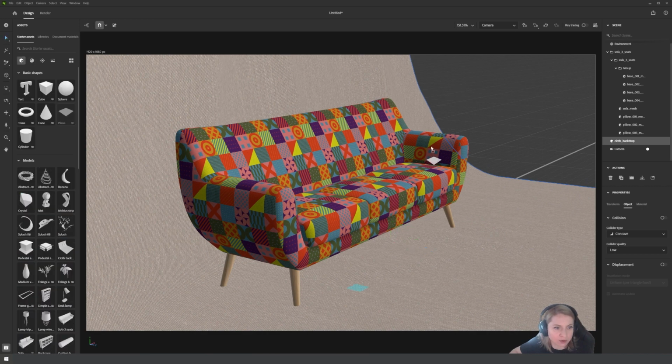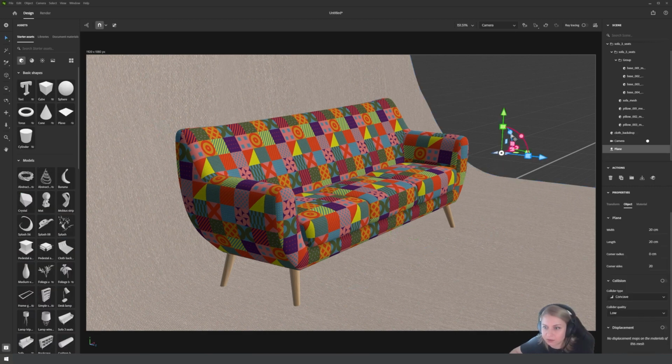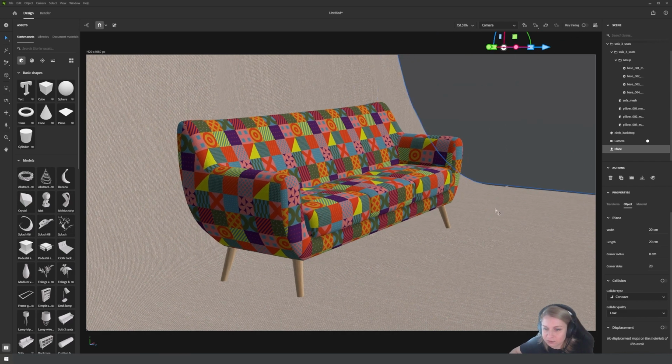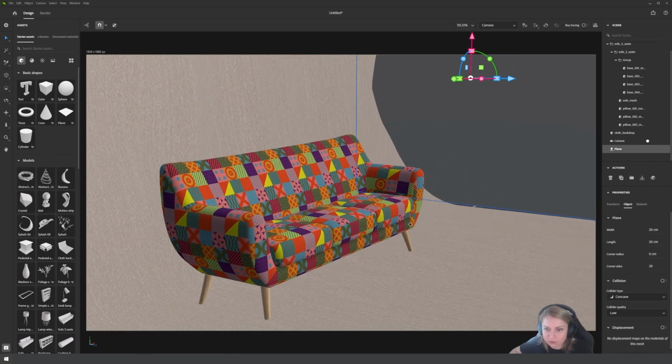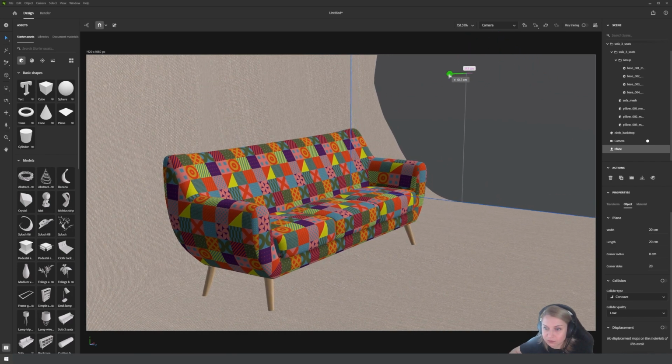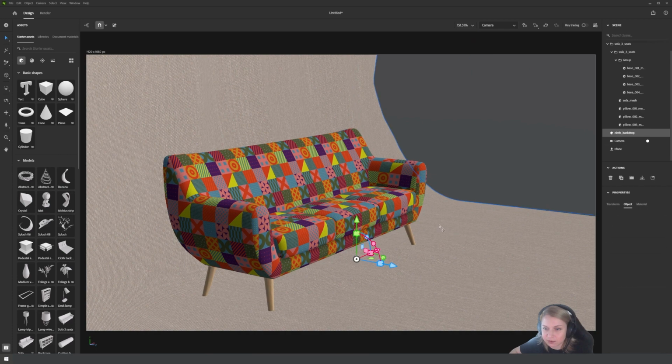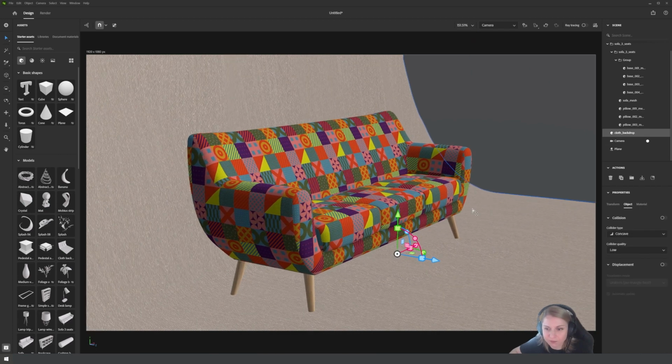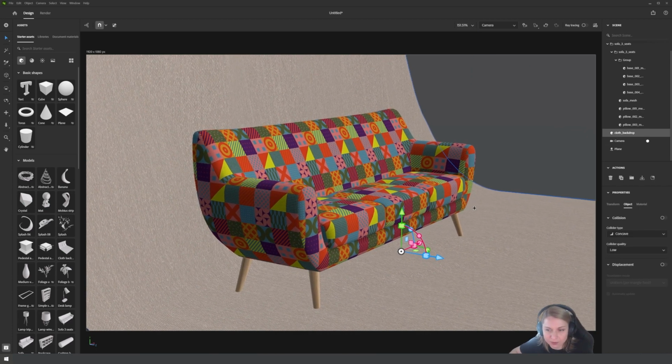And just add a wall or something that is not completely blank over there. I'm completely going rogue on this one. Yeah, like this. So we have the couch, we have a backdrop.